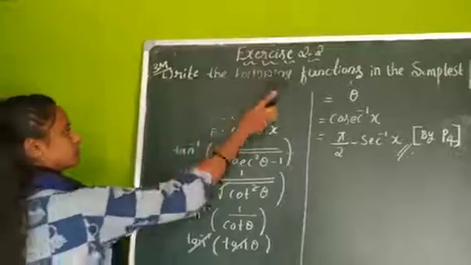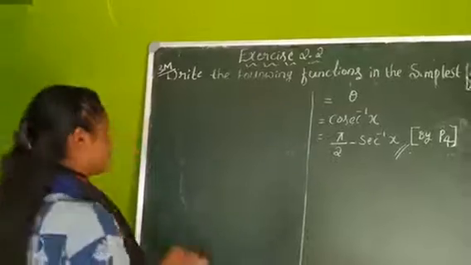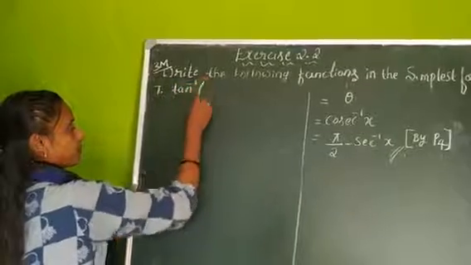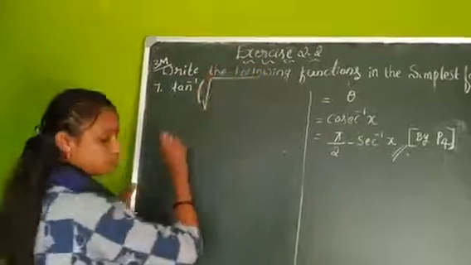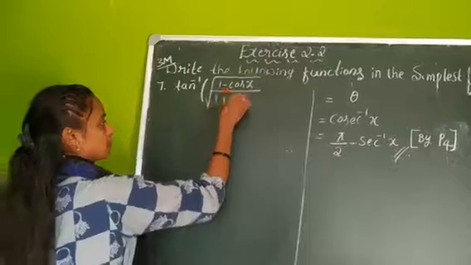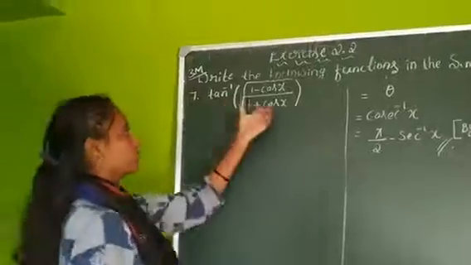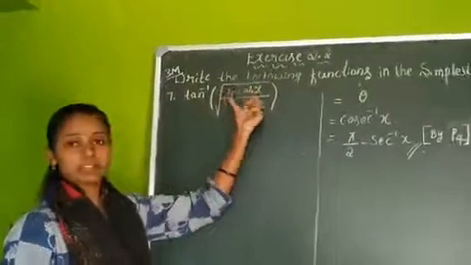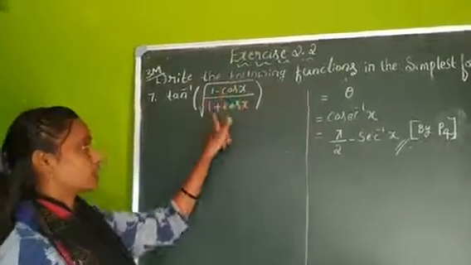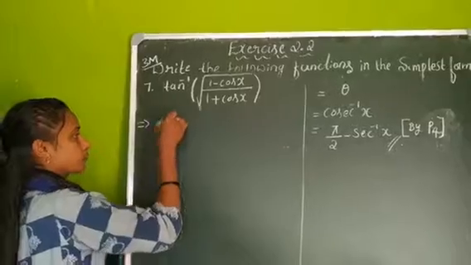So now, the seventh one. A simple one, which is tan inverse of square root of 1 minus cos x divided by 1 plus cos x. Now, as I said, for tan inverse of an inner function with some trigonometric terms, we should apply the formula. Then you will get the simple form. So here it is with a cos, and here also it is a cos. So 1 minus cos, if you remember the formulas,